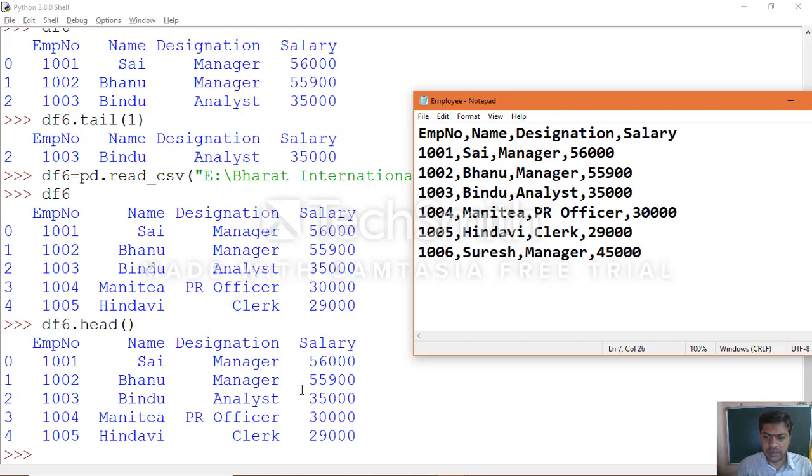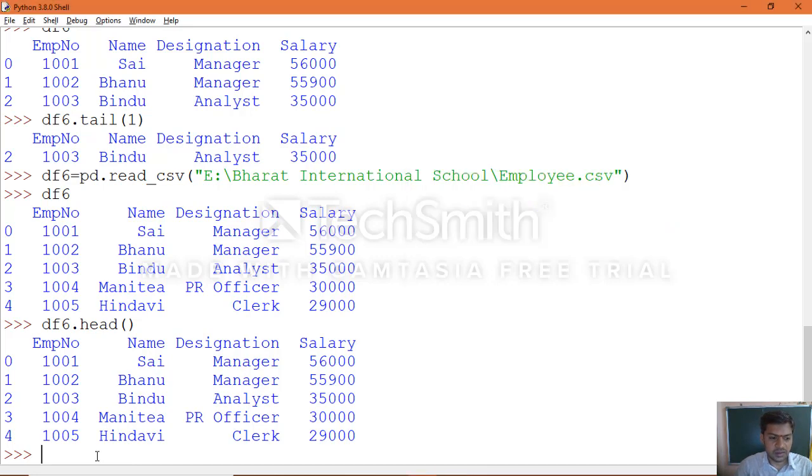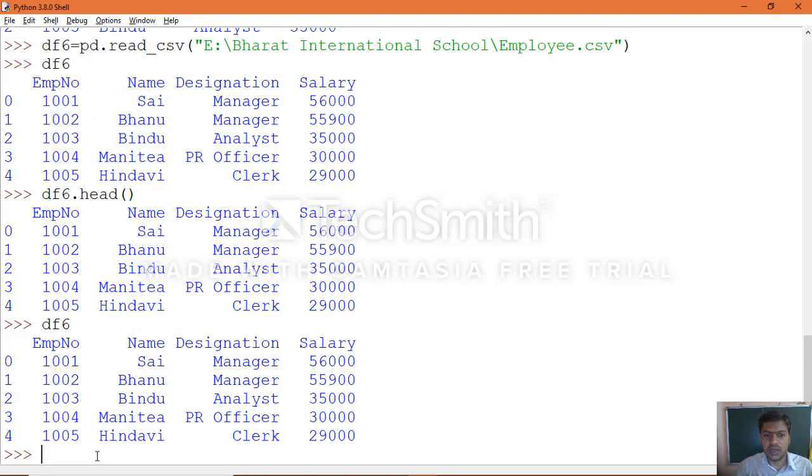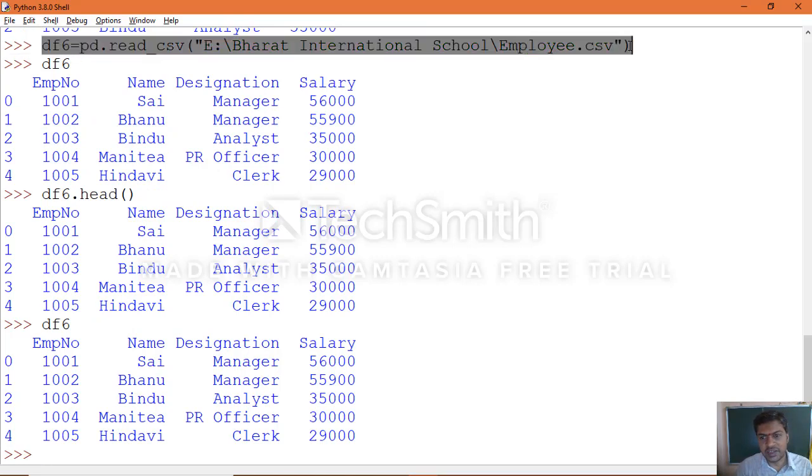Now save your CSV file and come back, then execute your data frame object. Let's see, only 5, because we didn't execute the data frame object again. You need to execute the data frame object to get back the entire information of your object.